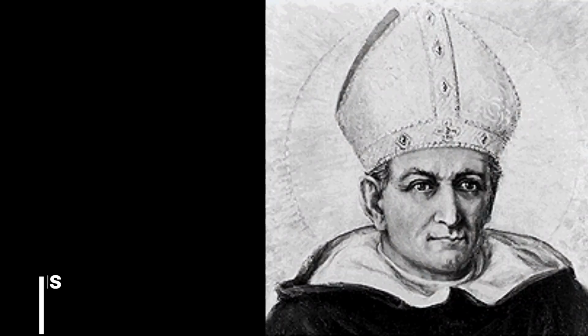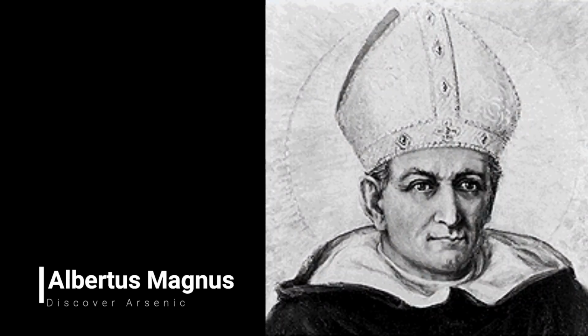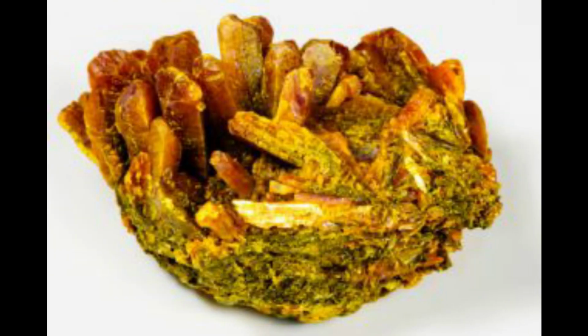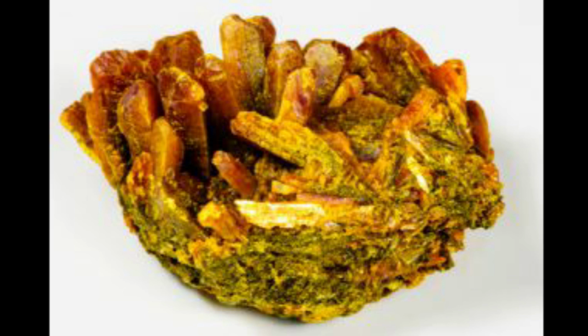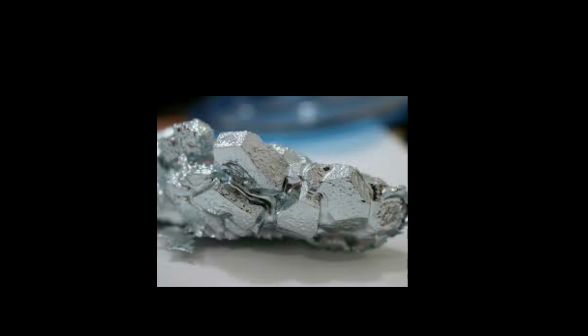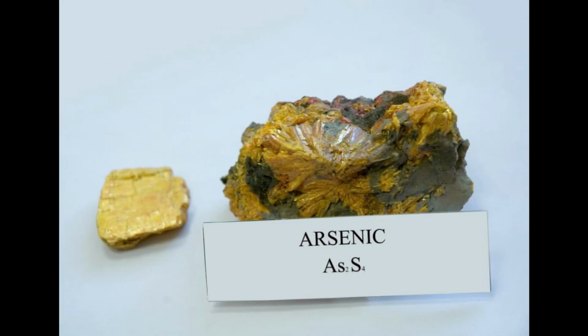Arsenic was discovered in approximately 1250 by Albertus Magnus. It is a brittle metalloid. Some scientists think that arsenic may be an essential element in our diet in very, very low doses. This element is used as a doping agent in transistors, primarily with gallium. Many arsenic compounds are used as insecticides and poisons.